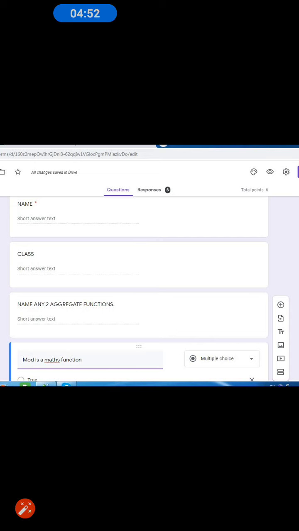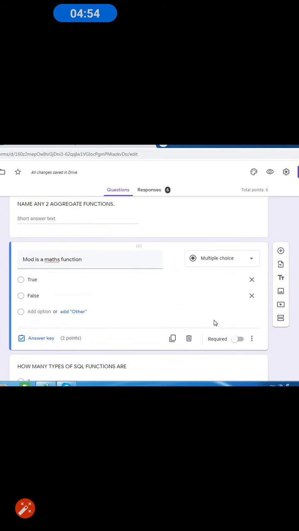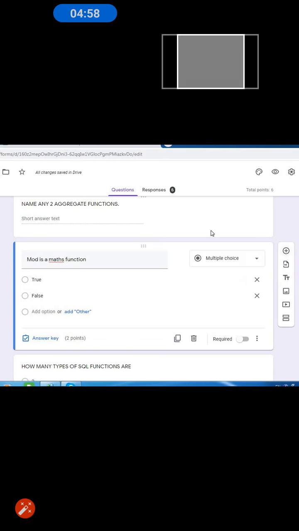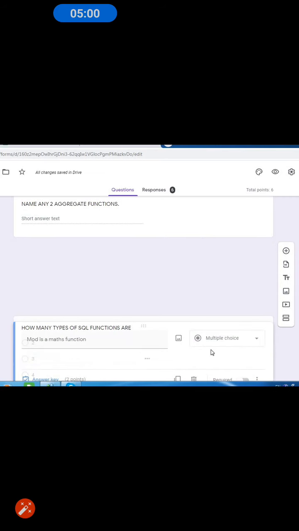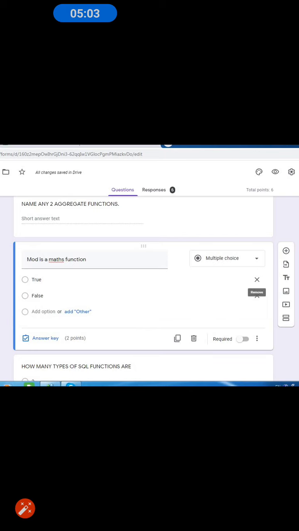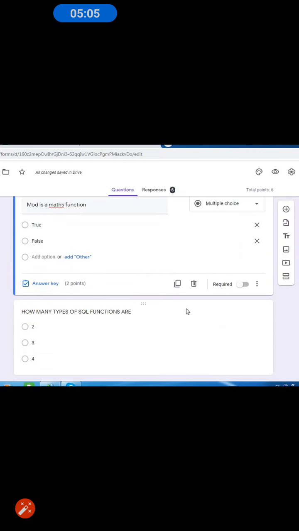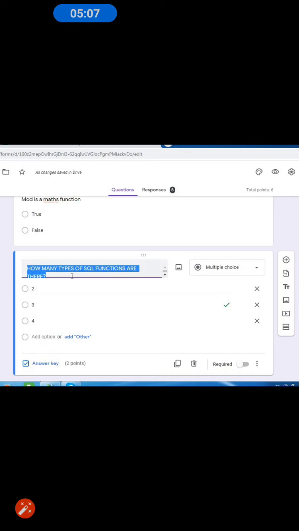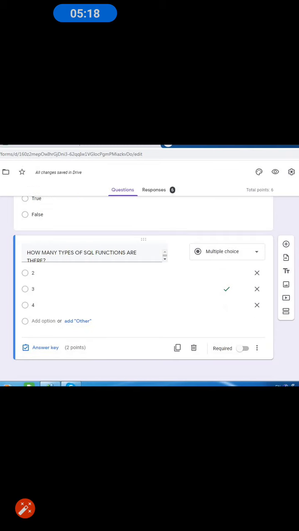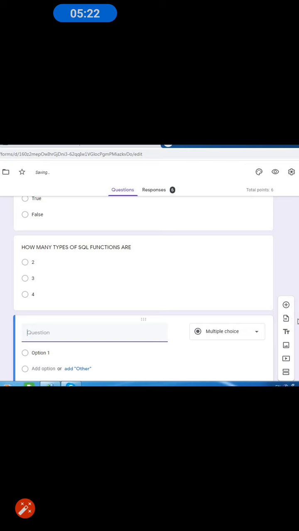Let us see one more feature which is present in Google Forms. Suppose you are adding a new question here. Let us add one more question here. We can edit also in this particular manner. A Google Form is editable later on also. So let us move to the plus sign and add a new question.